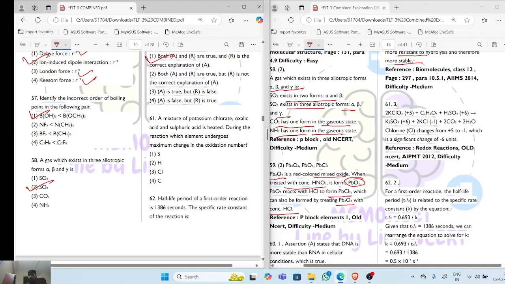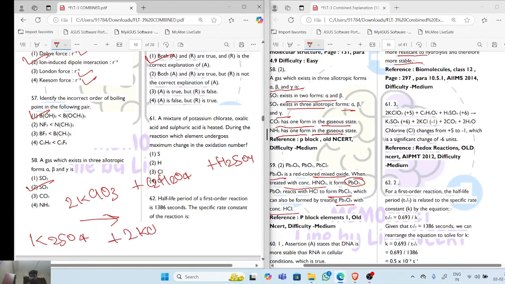So I am writing the reaction here: 2KClO3 reacts with C2H2O4 plus H2SO4, which is sulfuric acid, and it gives K2SO4 plus 2KCl plus 2 carbon dioxide plus 2